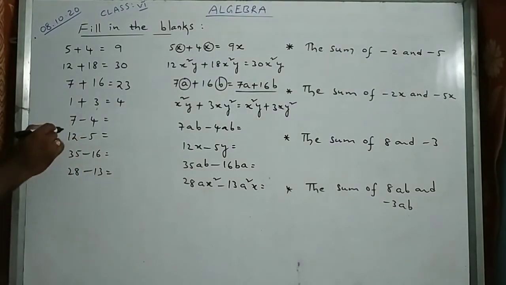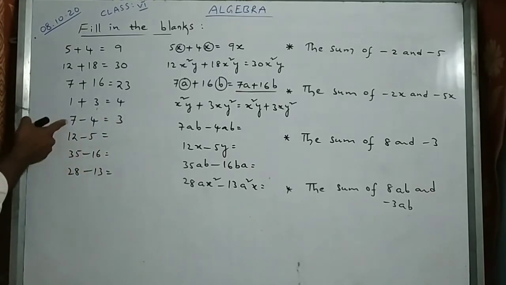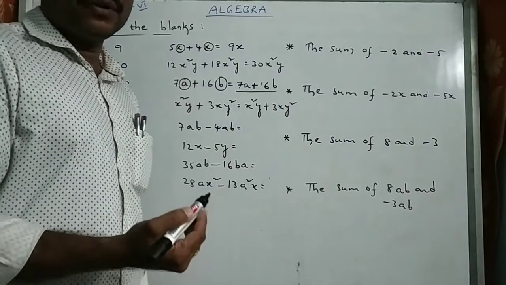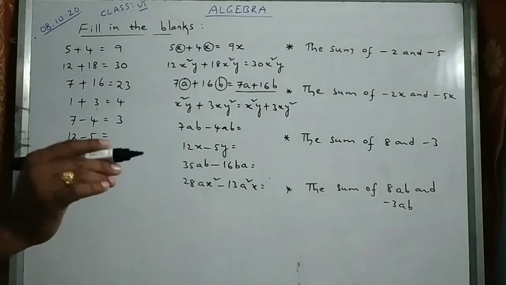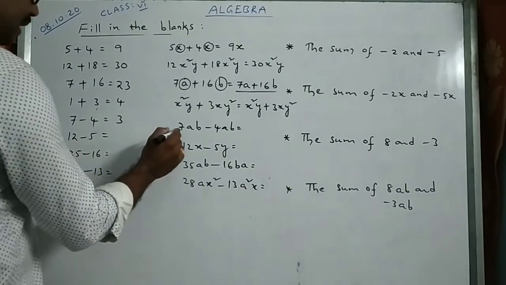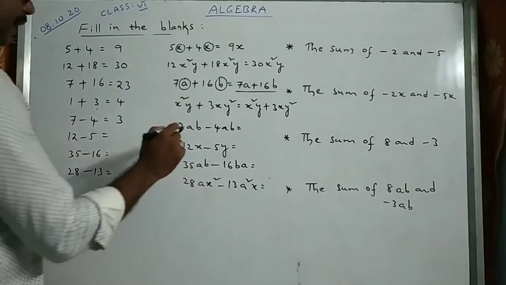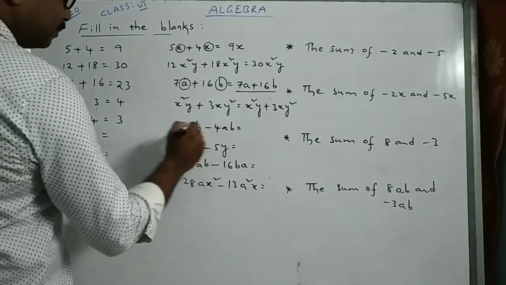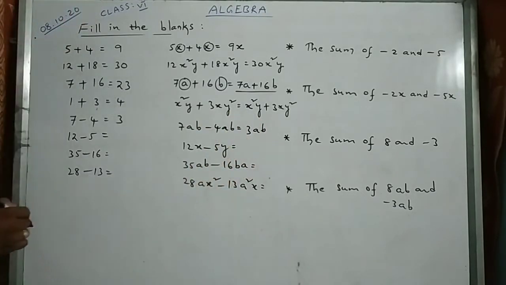Now this is subtraction. You see, when we subtract 7 minus 4, how much? 3, plus 3 because 7 is big. Whenever we subtract, we have to write the big value symbol. Don't forget that. 7ab, 4ab. Like terms or not? Like terms. Very good. ab, ab. Like terms. 7ab minus 4ab can be 3ab. Understand?